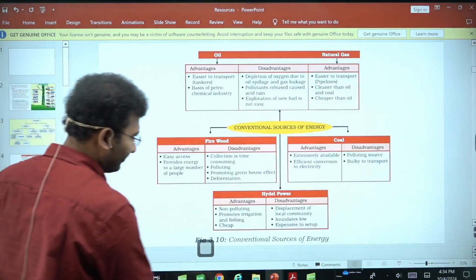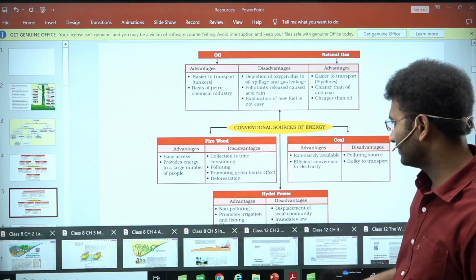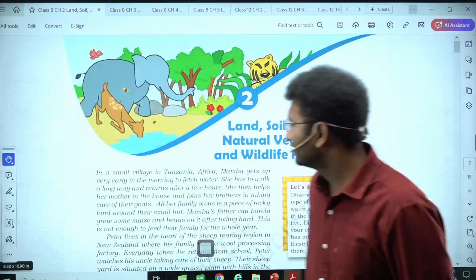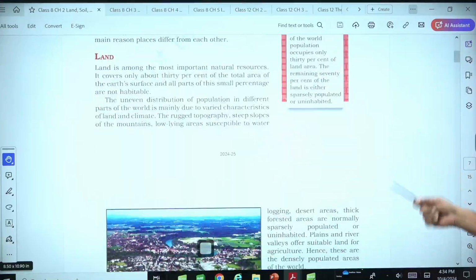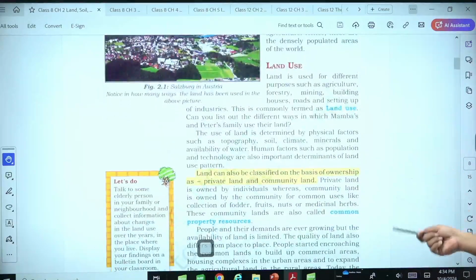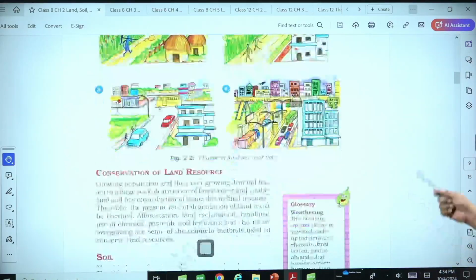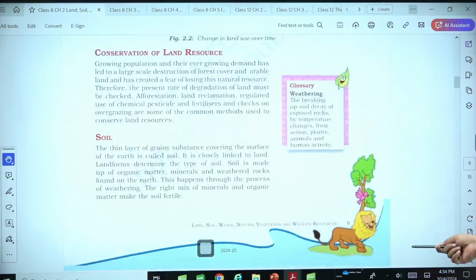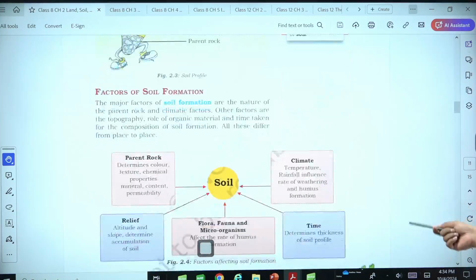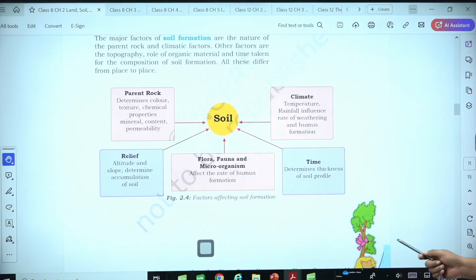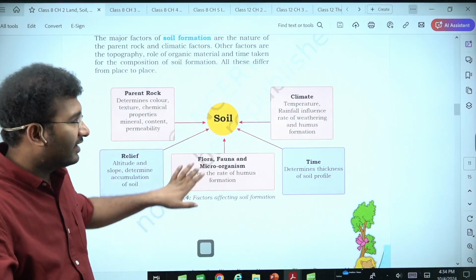our next chapter. In this particular chapter, it is talking about, just a minute. See here: land, soil, water, natural vegetation and wildlife. It talks about what land is and how land is being used, right? Change in land use over a period of time. Likewise, conservation of land resources, how land can be conserved. Some basics and factors of soil formation, this particular chapter we have already looked into, right? So they are seeing land as a resource,